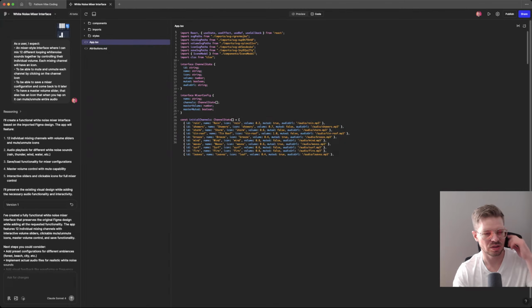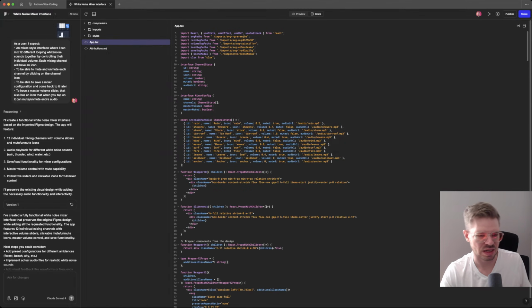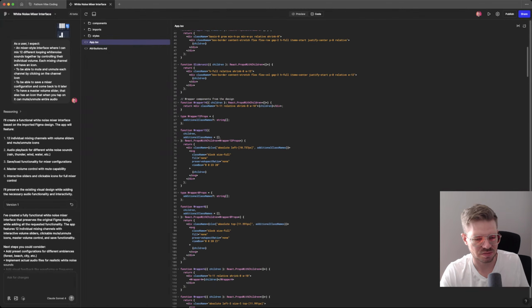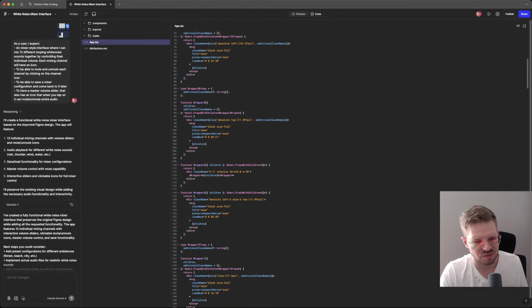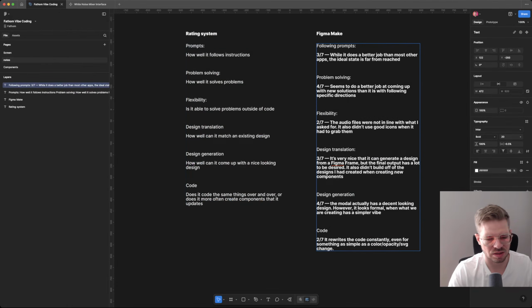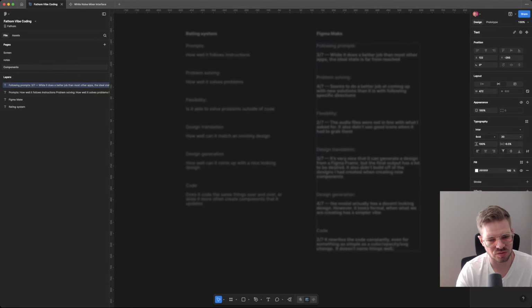I mean, my React coding knowledge is not the highest, but we have all these wrapper numbers. It doesn't name things well, even though one of the whole things about Figma now is that you're supposed to be able to go in and be like, hey, name all these frames for me, so